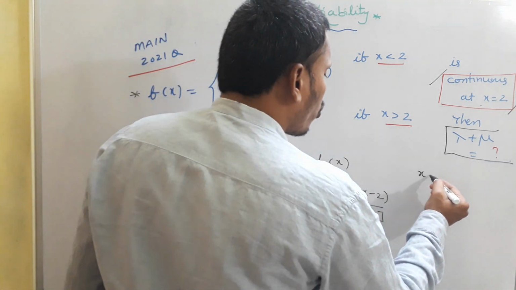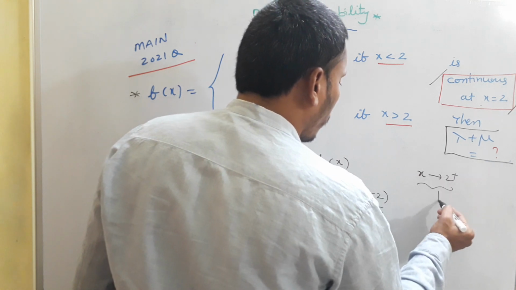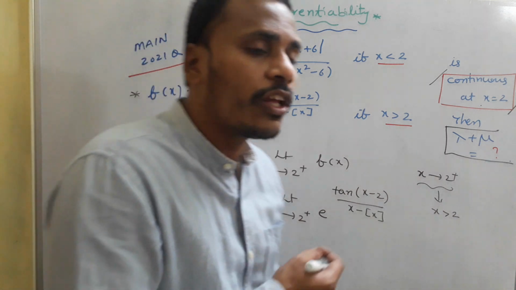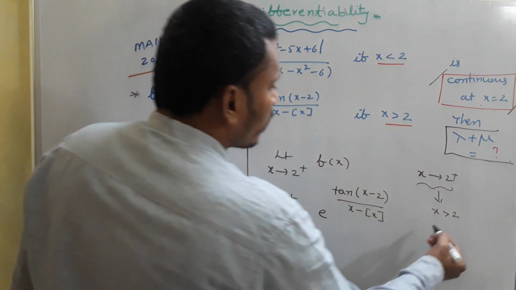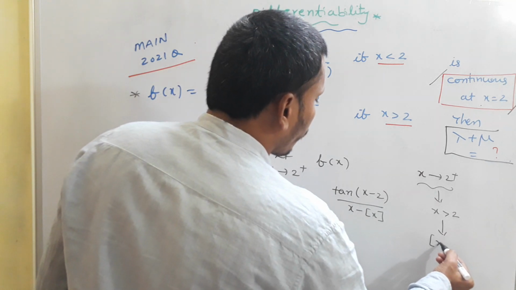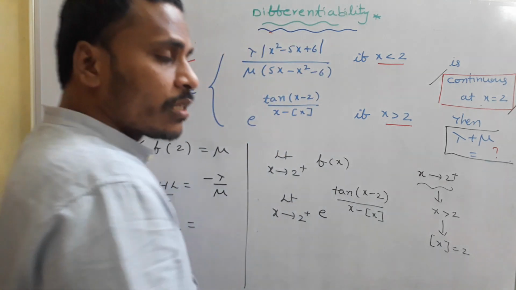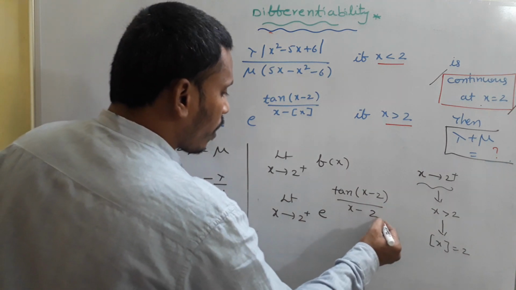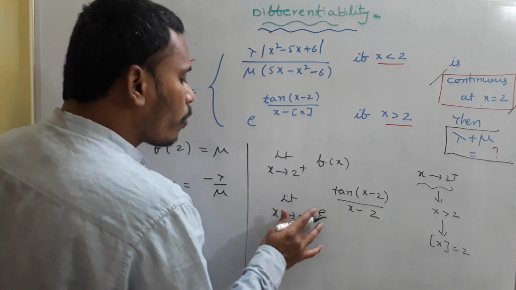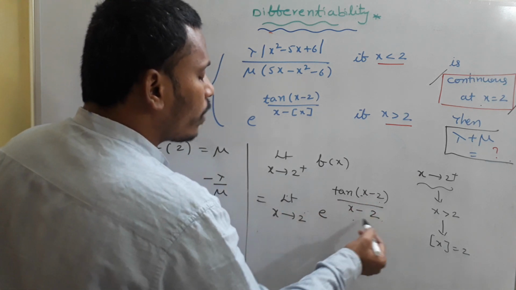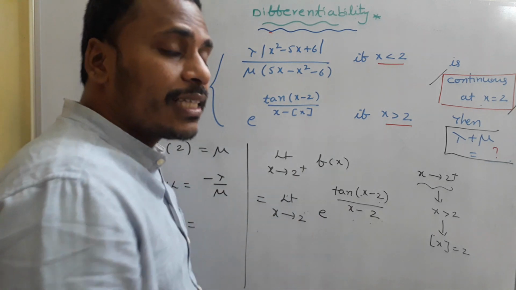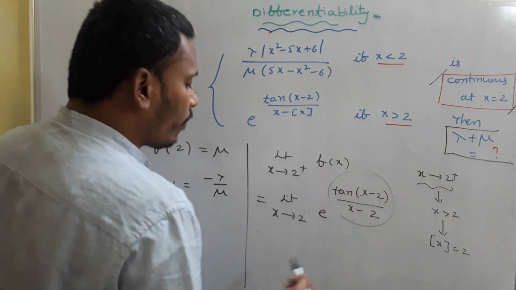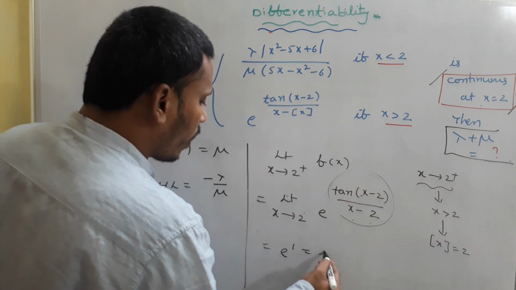Here x is tending to 2 plus. As I said, x tending to 2 plus means x value is greater than 2, and it is very near to 2 also. That is actually the limit. Since the x value is near and greater than 2, step x value is directly 2. Since step x is 2, you have a chance to replace this step x with 2. And now limit x tending to 2 plus of tan of x minus 2 by x minus 2. So limit theta tending to 0, tan theta by theta is 1. With that standard idea, this quantity will become 1 and our answer is e power 1, which is nothing but e.